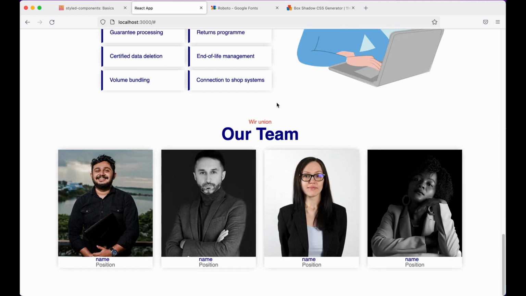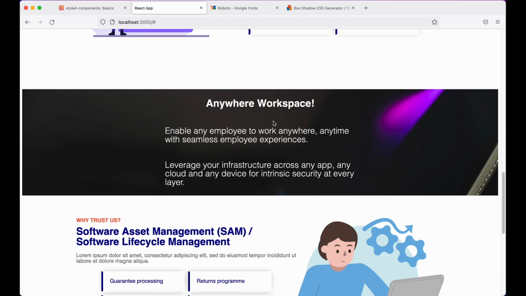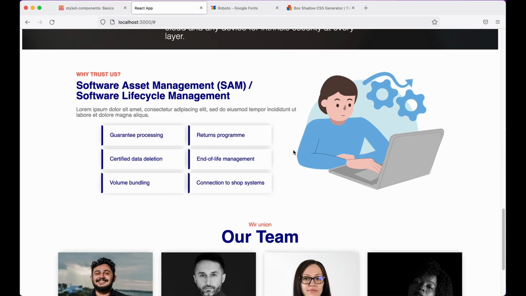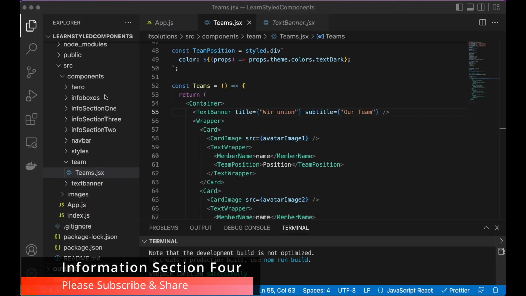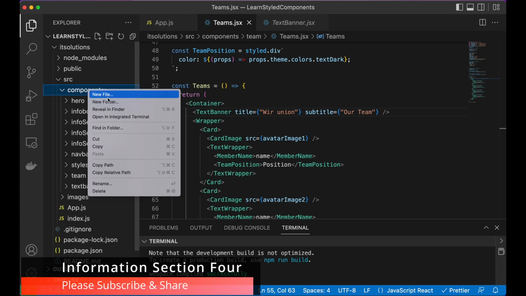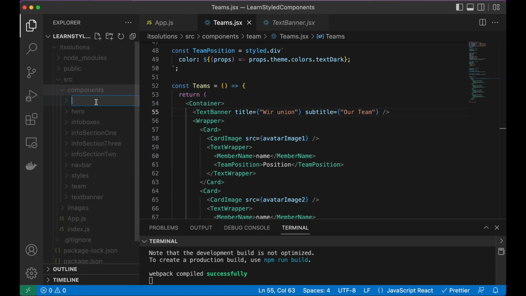But now before this team, I'll show one more image just like that, where we show our completed projects, subscribers, and etc. So that way it will look much more beautiful. So let's bring this also. Now for this I'll go here and I'll create another folder, and this one we call section 4. So I'll say info section 4. So like that, and then we need the component also. So I'll say here info section